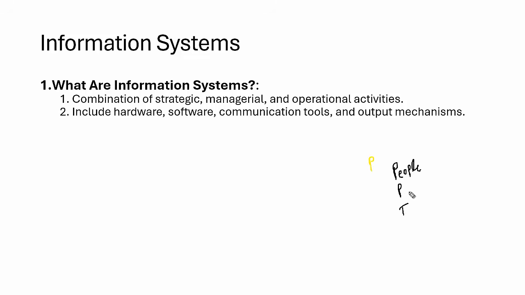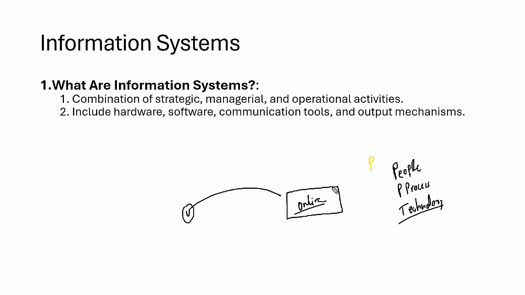People, process, and technology. Okay, so let's take an example. This is one online platform we have. You're using this online platform for meetings and all that. This online platform is used by the user. So the user is using this online platform, and through that he is able to connect with his customer. So it's an app, but this app is hosted on a server or technology, and that technology and server is managed by people. So if they want to introduce any kind of change in the technology, the people will follow the process by which they change the technology, right?